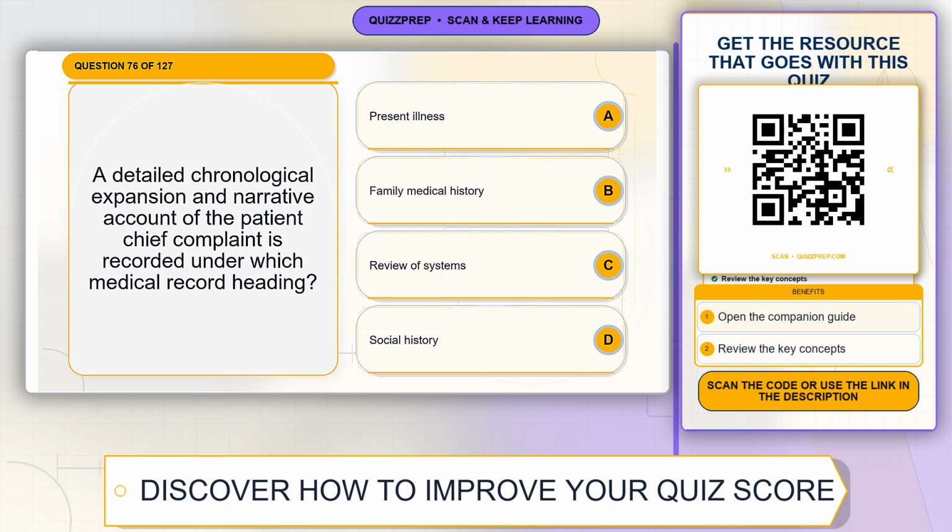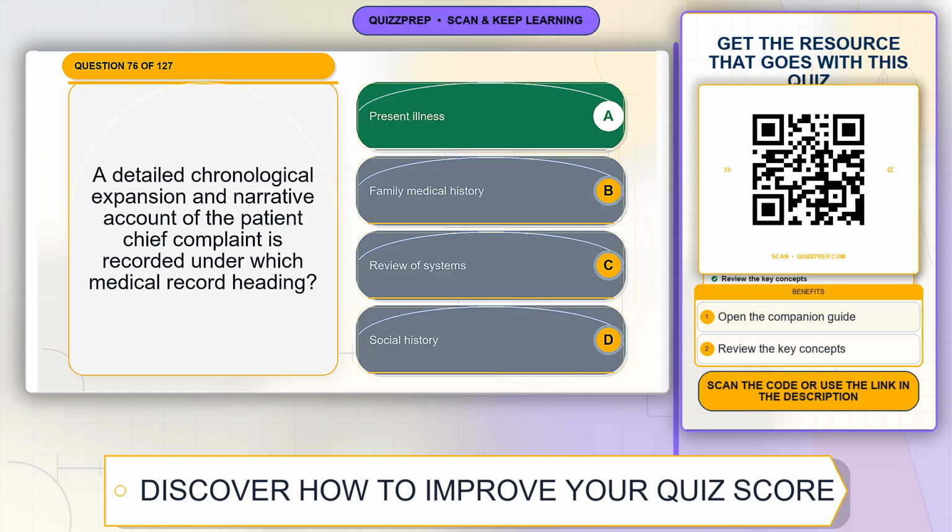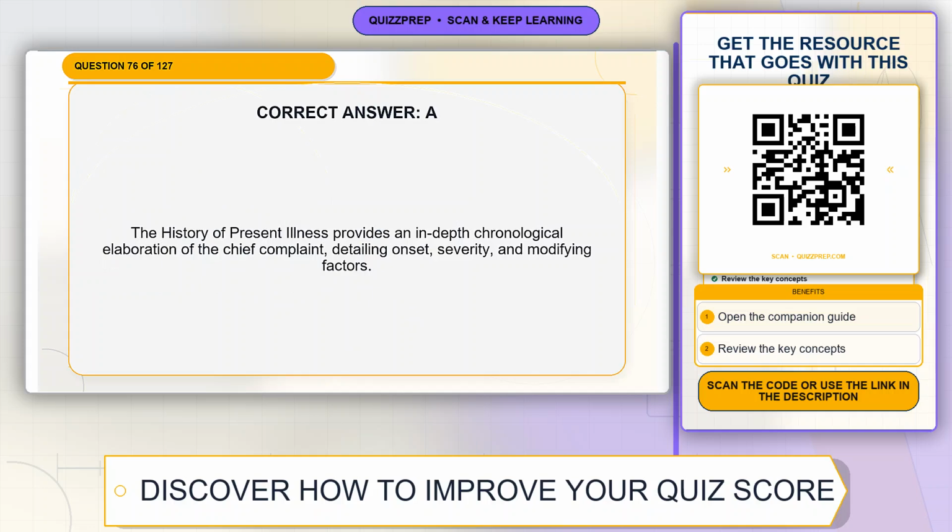Question 76. A detailed chronological expansion and narrative account of the patient chief complaint is recorded under which medical record heading? Option A. Present illness. Option B. Family medical history. Option C. Review of systems. Option D. Social history. The correct answer is option A. Present illness. Explanation. The history of present illness provides an in-depth chronological elaboration of the chief complaint, detailing onset, severity,